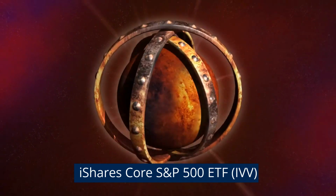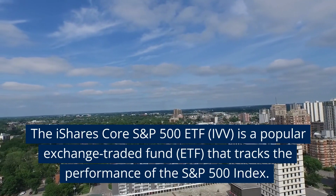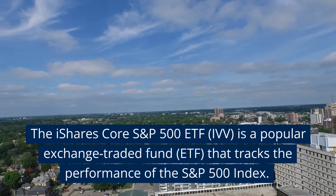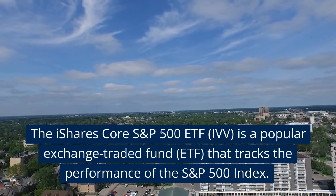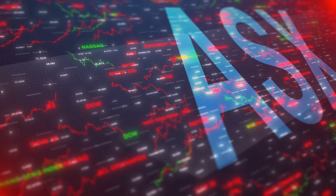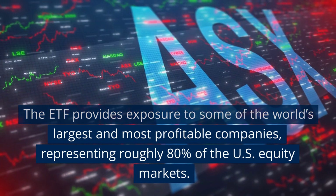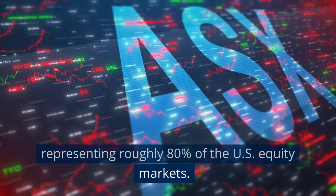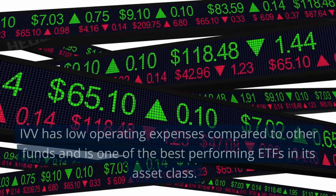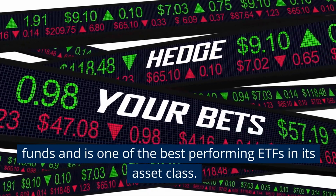iShares Core S&P 500 ETF, IVV. The iShares Core S&P 500 ETF, IVV, is a popular exchange-traded fund, ETF, that tracks the performance of the S&P 500 index. The ETF provides exposure to some of the world's largest and most profitable companies, representing roughly 80% of the U.S. equity markets. IVV has low operating expenses compared to other funds and is one of the best-performing ETFs